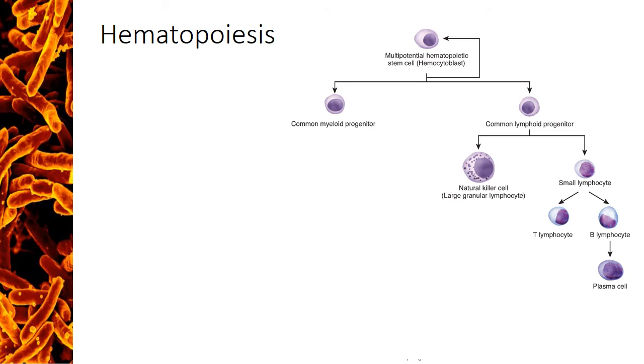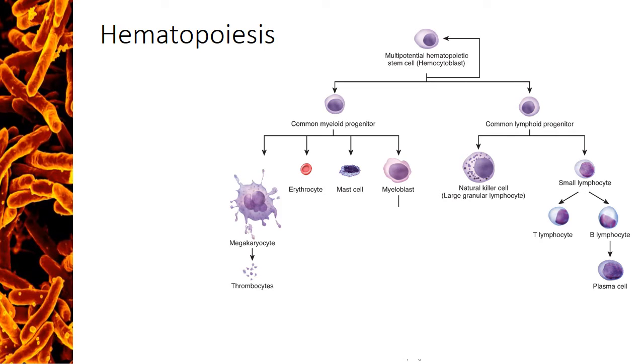The myeloid pathway can lead to a number of different cell types. So along the myeloid pathway, we get some of our blood cells, things like erythrocytes, your red blood cells, and also the megakaryocytes, which are going to develop the thrombocytes that lead to things like platelets for clotting. Those are not part of the immune system, and so we're not going to go over the functions of those cells. For immunology, what we care about down the myeloid line are the mast cells, which we'll talk about, and